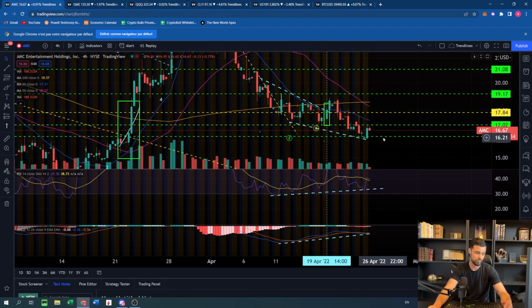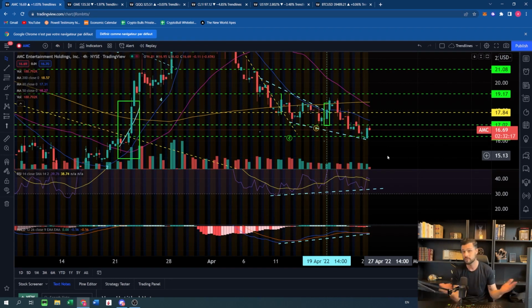As you guys know, whenever we find a bullish divergence, we then need to combine it with another bullish signal. That could be a candlestick pattern, that could be a breakout, that could be a moving average crossover, that could be an RSI above 50 if you're using the right time frame. It can be a lot of things.